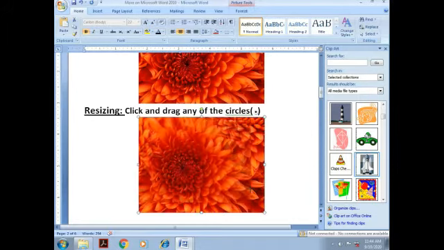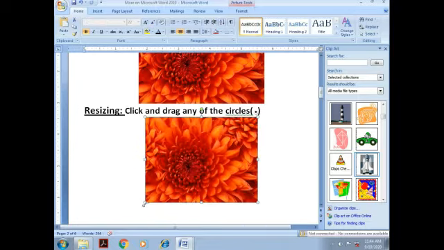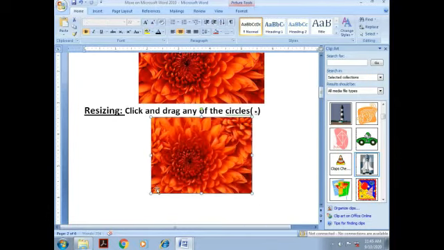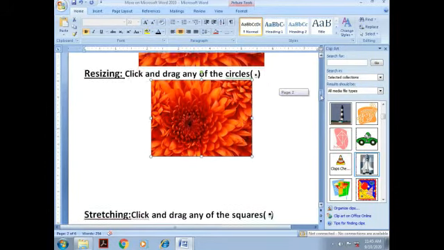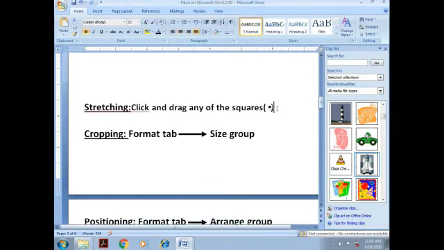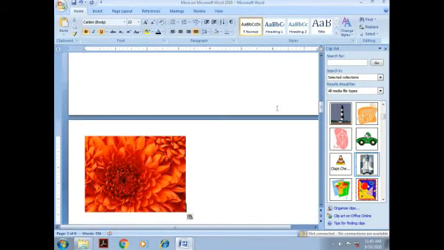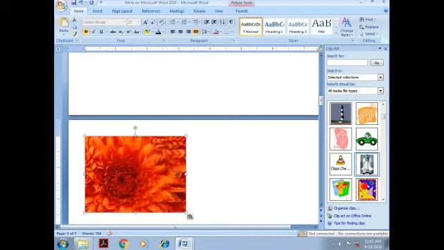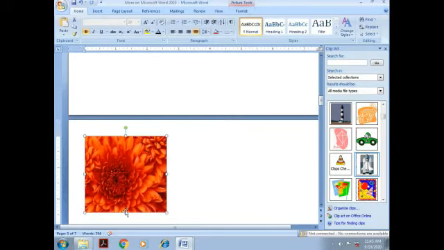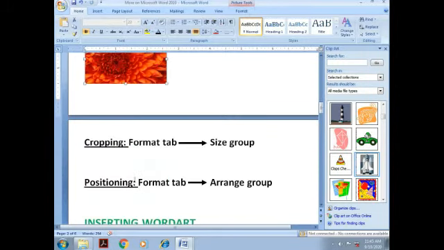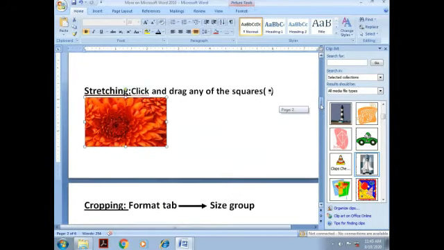An arrow sign will appear and by dragging and dropping we can resize the picture. We can stretch the picture also. There will be 4 squares in the picture. You can drag and drop.